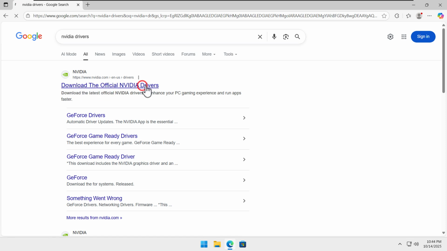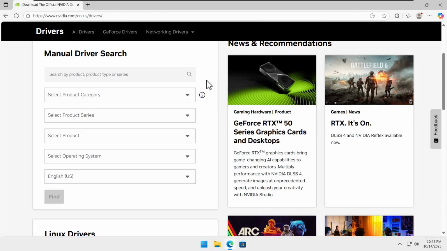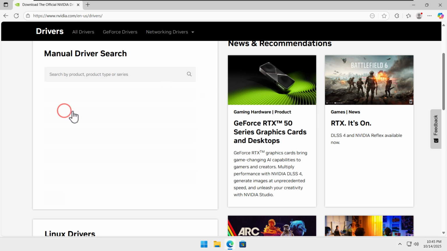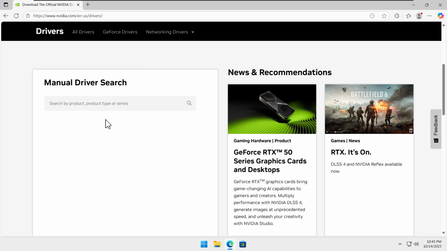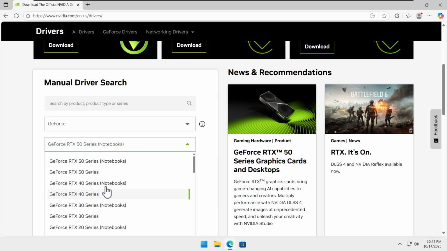So we will click on here, and you can see we have the manual driver search option. Here we will select for which graphics card we want to install the driver. For example, if I am using a 4090 graphics card, I will select GeForce. It's a part of the GeForce series, and here you need to select the 40 series. You can see notebook is for laptop, so if you are using a PC you need to select the 40 series